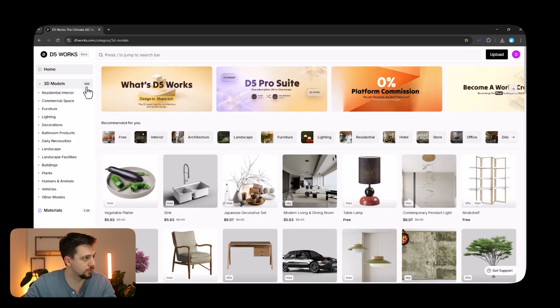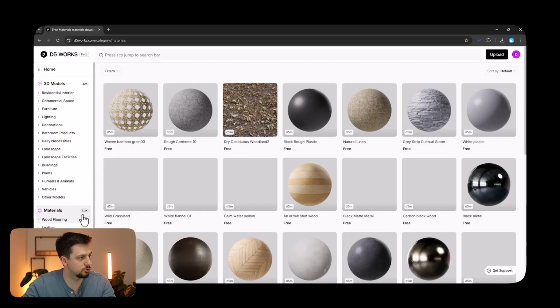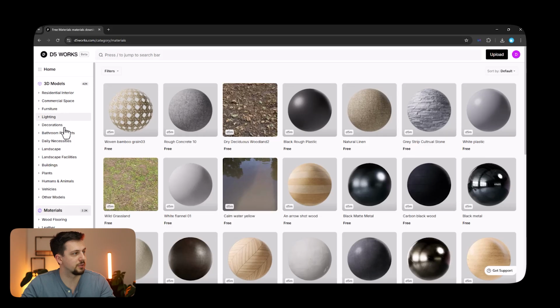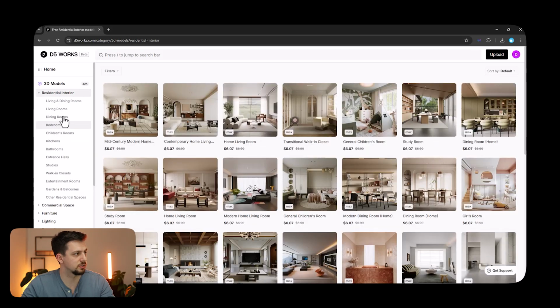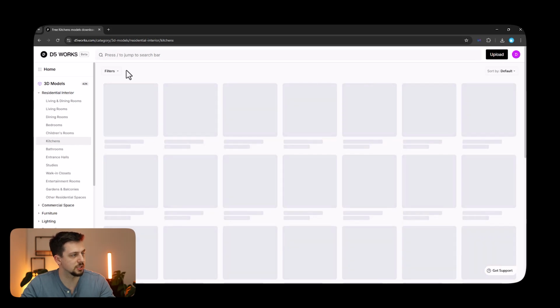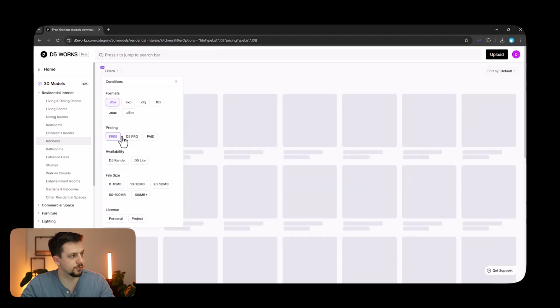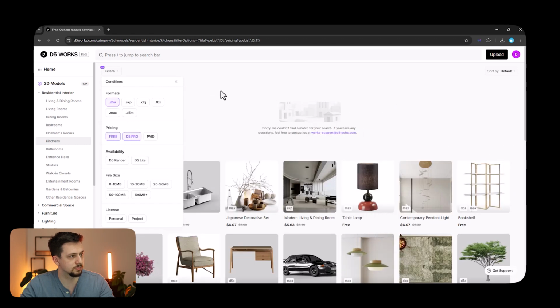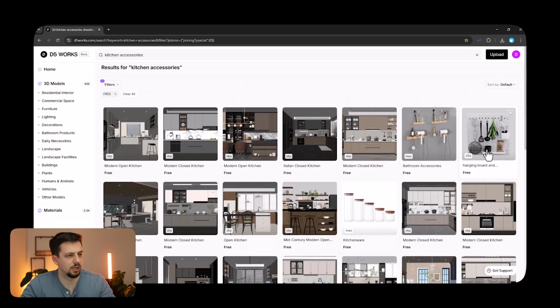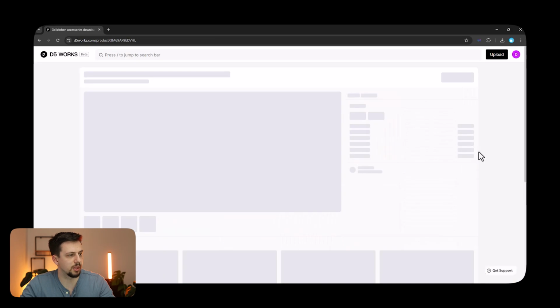There's 42,000 3D models here, 2,200 materials here. Now we can go to residential interiors, and then we can go to kitchens. And I'm going to show you exactly how we can use this. So we can go for the D5 format for the free and the D5 Pro ones. So for example, we can find this sort of kitchen accessory, and by the way, this is where I got